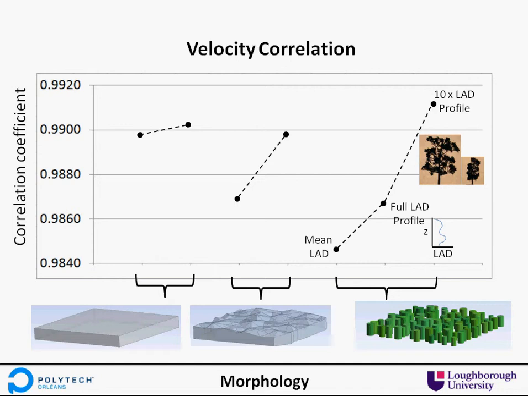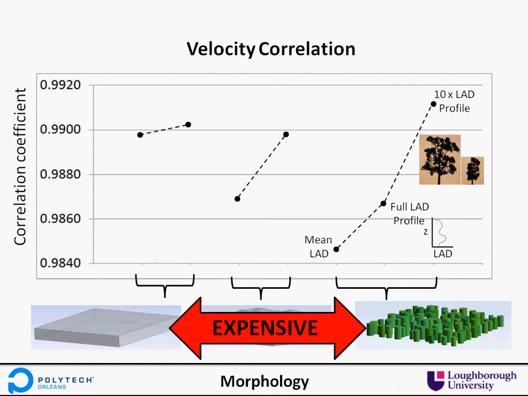And it's also worth mentioning that moving from this porous block up to a number of cylinders is extremely computationally expensive. It increases the computation time by about 30%, whereas including this extra leaf area density profile information is a negligible increase in the computational expense. So just to look at how good things can get, we're just going to look at